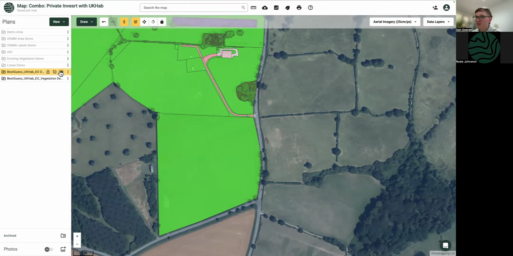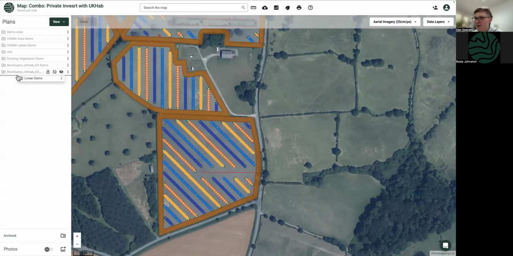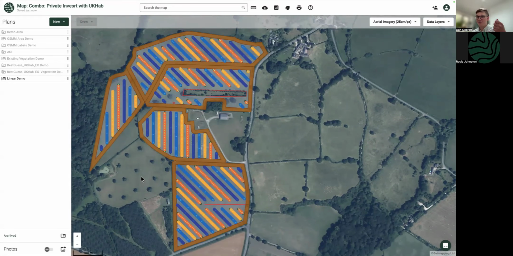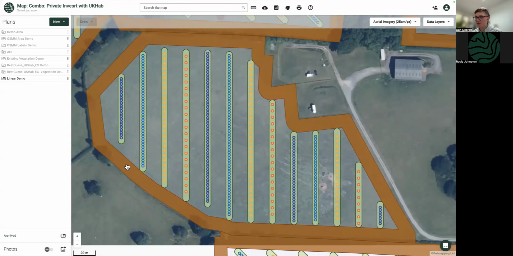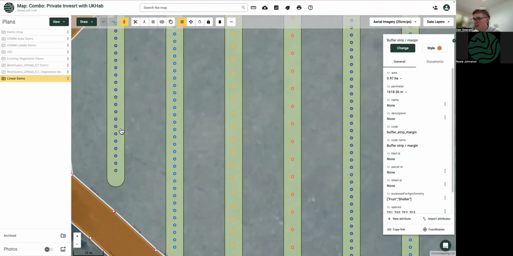And then I'm going to finish with my agroforestry demo. So I've got this one linear demo from the agroforestry, and that looks quite fun. So I've taken the field, I've said I want fruit trees, I've got a 12-meter wide bit of machinery, and it's outputted these designs. So it's kept 12 meters buffer around each of the field, so I have access. And it's also kept 12 meters between each of the trees.